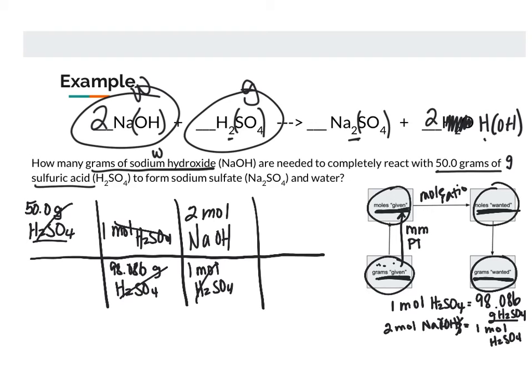And then my last step, I don't want to stop at moles this time. I'm going to go to grams. So my last step is going here to the grams of the wanted. And here again, we're going to use a molar mass equals statement, and we're going to look at our periodic table to determine what is the mass of NaOH. So remember that molar mass equals statement, it's always going to be 1 mole of the substance, and then you calculate what that molar mass is. All right, when you add those up in your calculator using your periodic table, you should get that 1 mole of NaOH is equal to